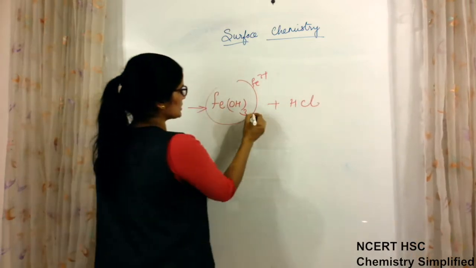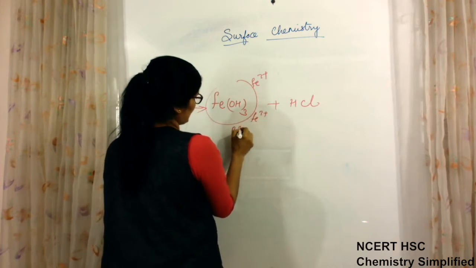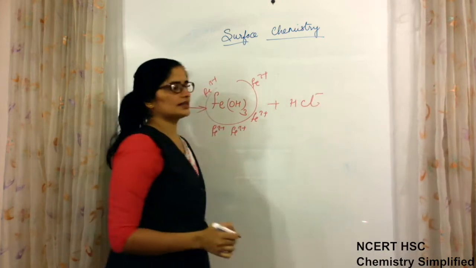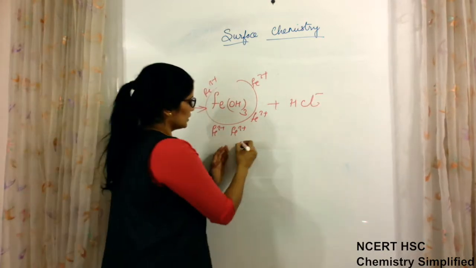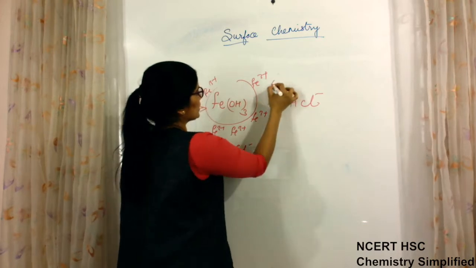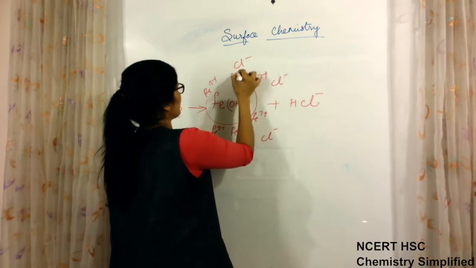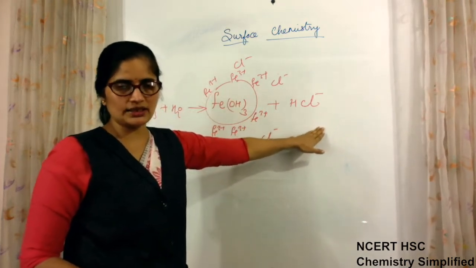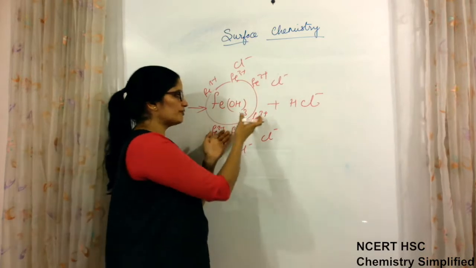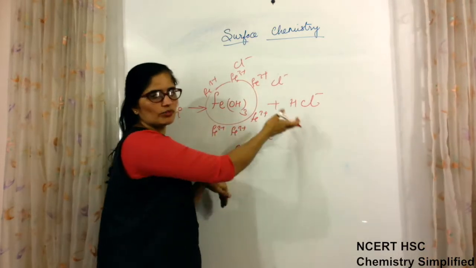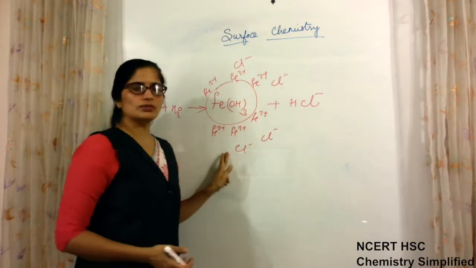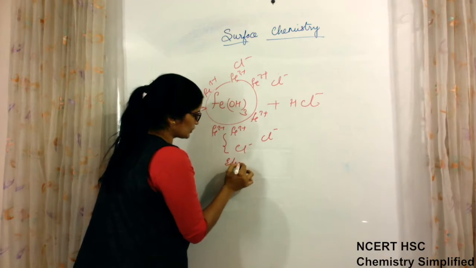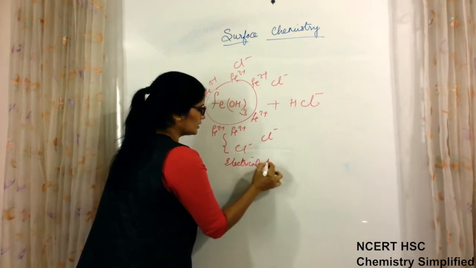Now what happens when this positive charge is adsorbed on the surface like this? The negative charge which is present in chlorine also forms a layer around it. So more protection takes place. It means a positive layer is surrounded by a negative layer of the ions present in the solution. If a sol is of negative charge, then positive charge will form a second layer. So this layer is formed in every colloidal solution. This layer is actually known as the electrical double layer.